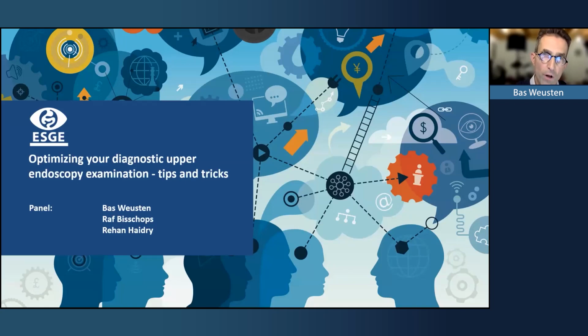And in most webinars and also in most live endoscopy sessions, these high-end procedures are typically shown. But the aim of the current webinar is to go back to and refine the basics, how to perform a